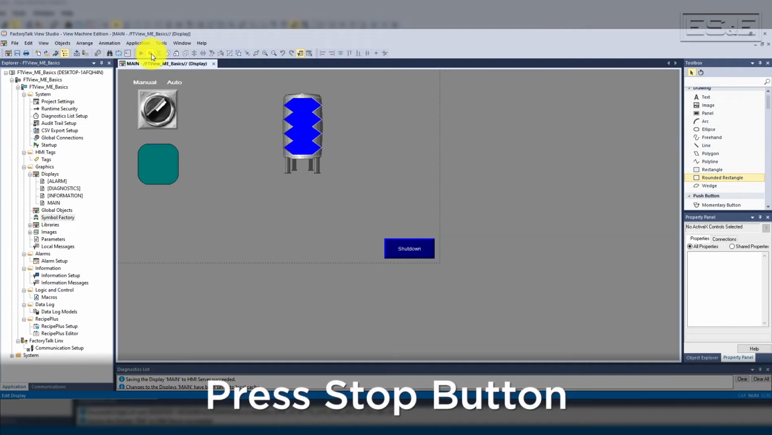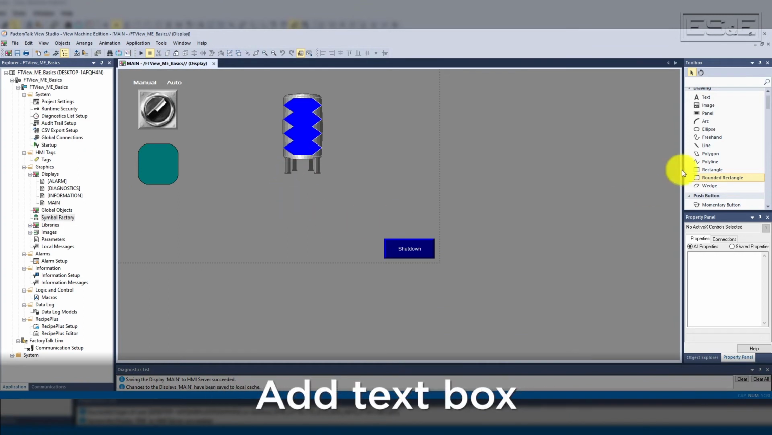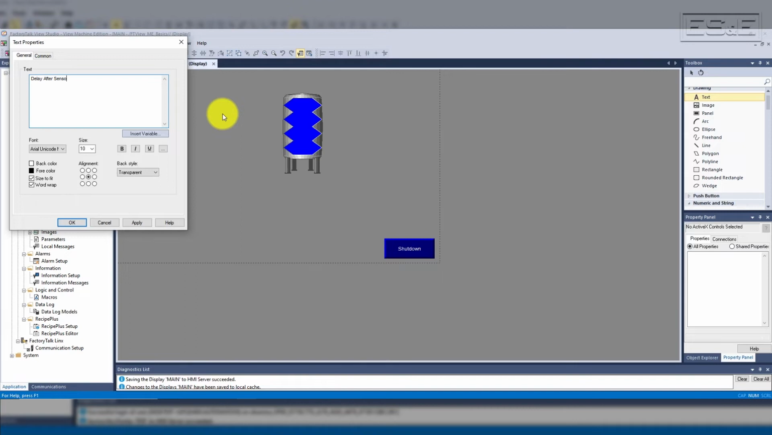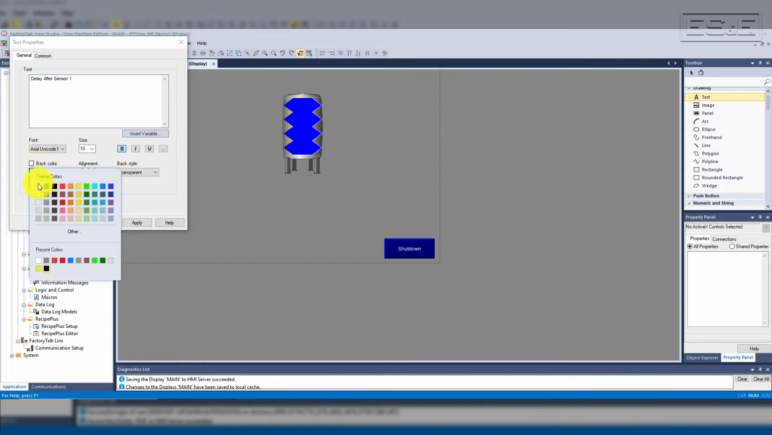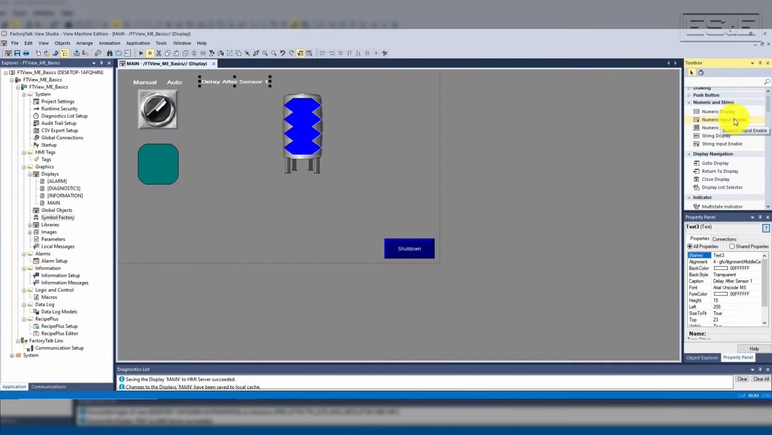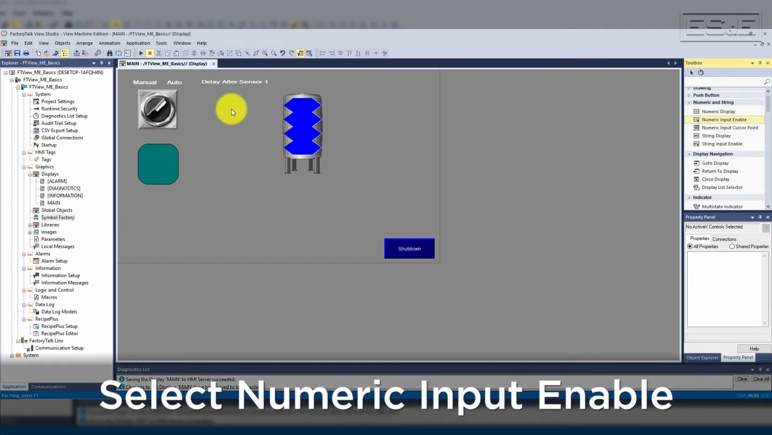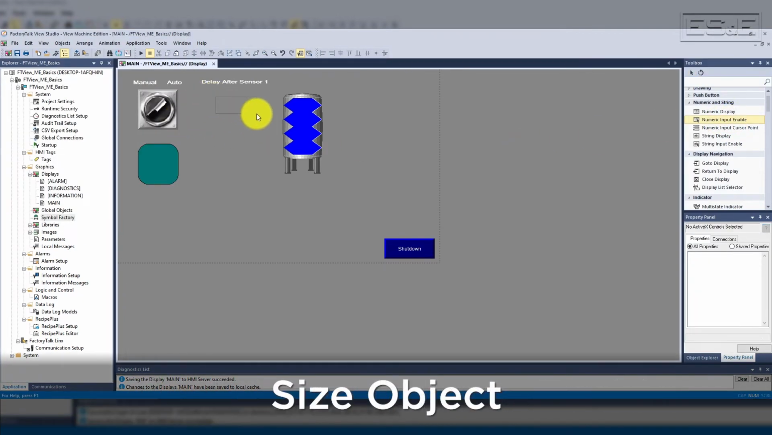First, we need to hit stop, and then we're going to add a text box to label the input. The label will be delay after sensor 1. And we will change the font to bold and white and then select OK. We'll use the numeric input, which is shown in the header, and select and drag the object to the size